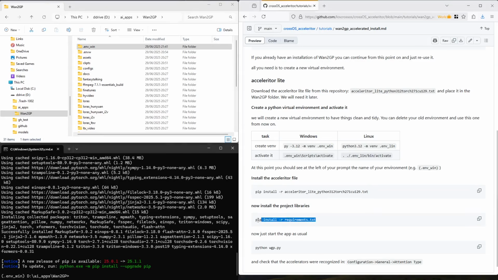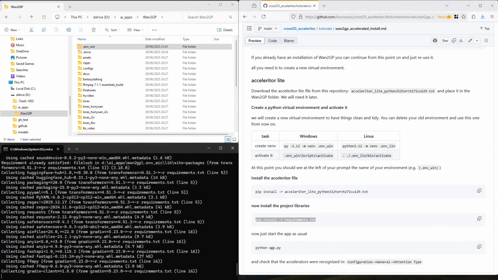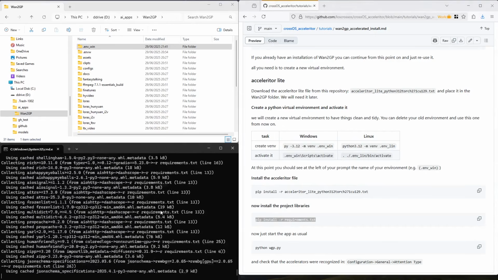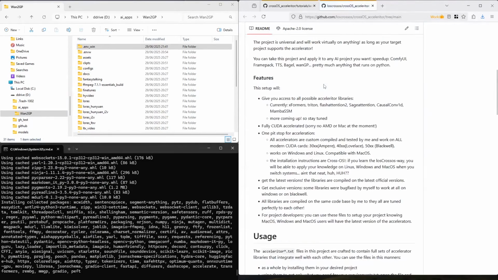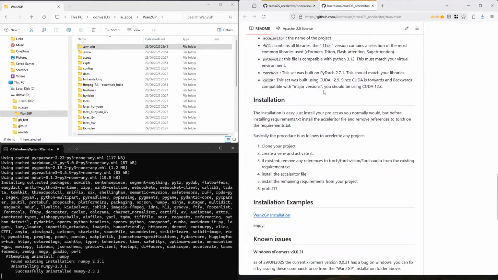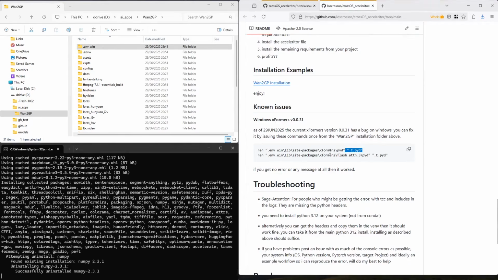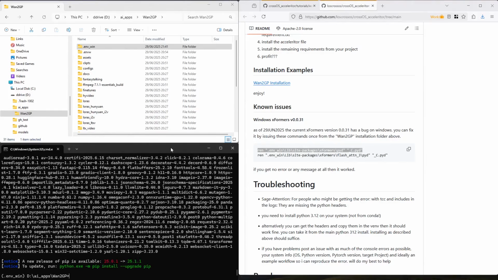Lastly, we install the requirements file from the original project. Currently with Xformers version 0.30, there is a bug that we have to fix. If the project page does not list it, then it is fixed. Just follow the instructions to fix the bug and paste the commands needed. So make sure to check the project page for news and bug fixes.